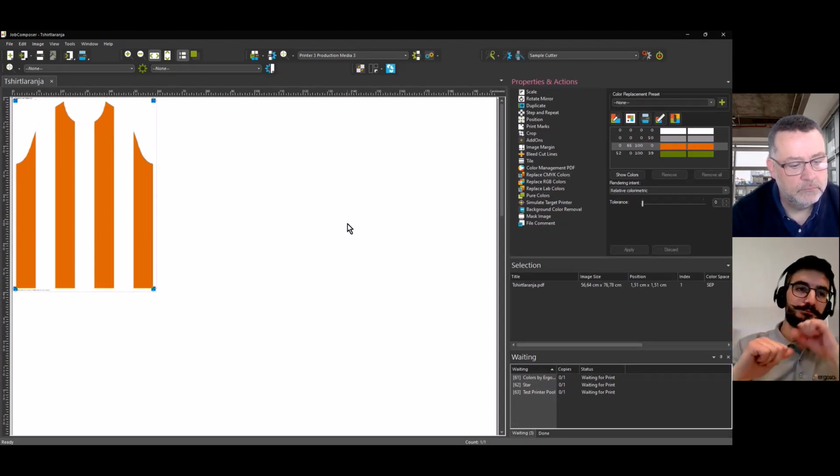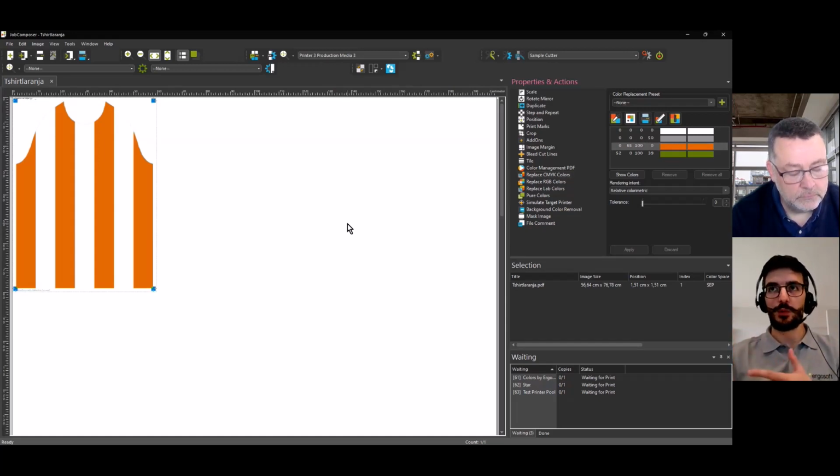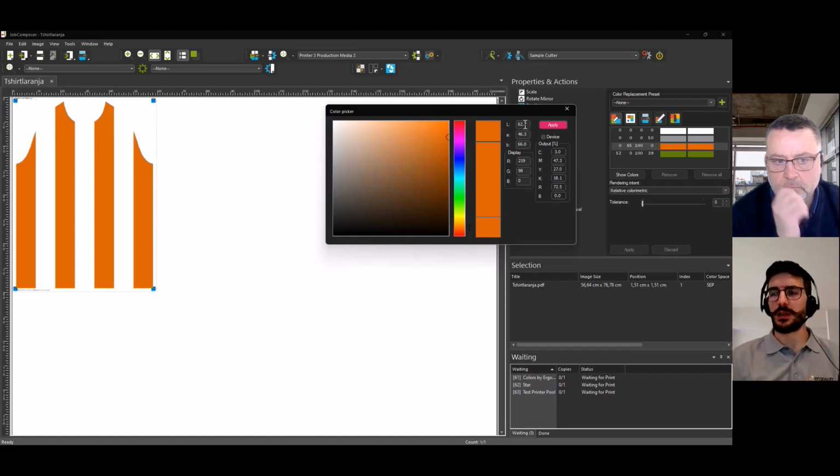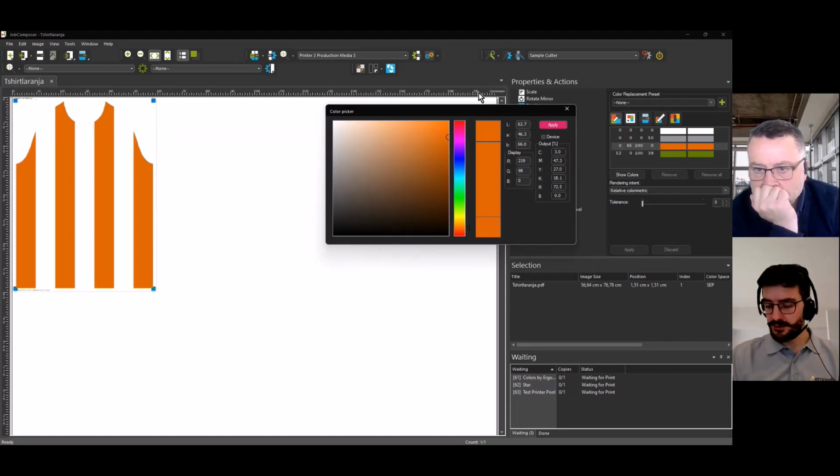So what I can do, this can work with spot colors as well, okay? In this case, because you mentioned spot colors, I don't have one here, but it could be. And actually spot colors afterwards will allow you to do the automatic color replacement more easily than with pixel colors, or with semi-key colors. So what I will do here is open the color picker just to see the reference of this color in LAB, and that I know now is the